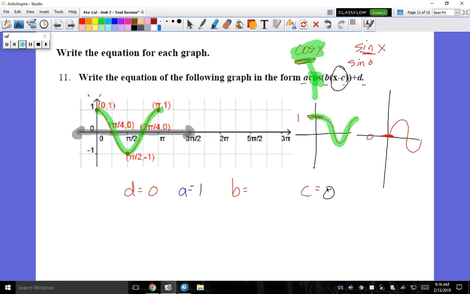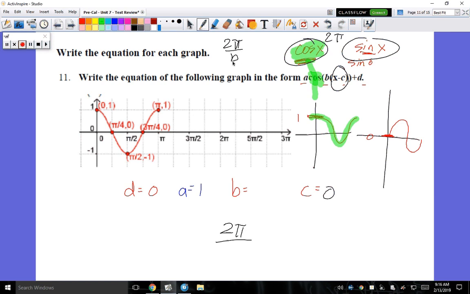And then last but not least, we're going to look at finding the letter B. Okay, so the way we find B is associated with the default period of cosine. Remember, sine and cosine's default periods are both 2 pi. So you do 2 pi over B. And tangent is pi, so you do pi over B. And this is to find that period that is located on the graph. So it'd be 2 pi over B is equal to how long is this period that you see on the